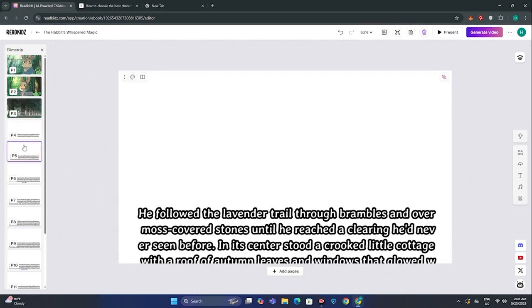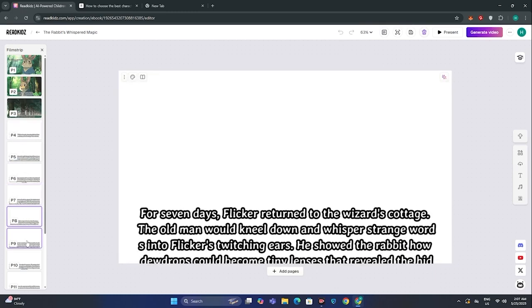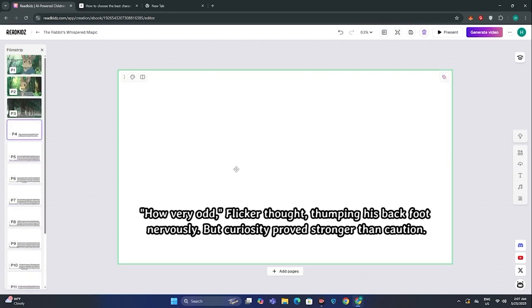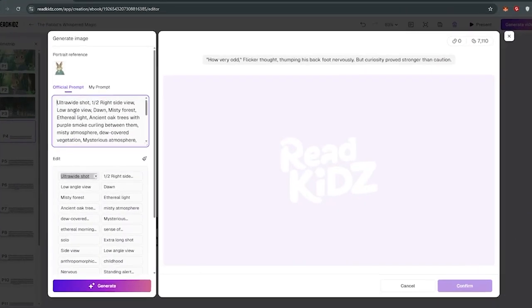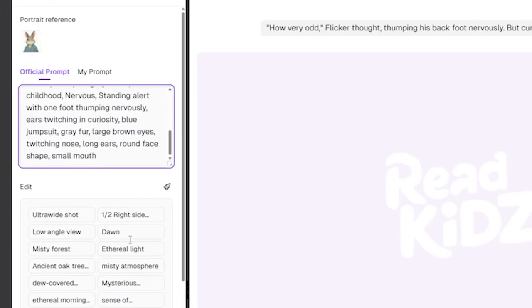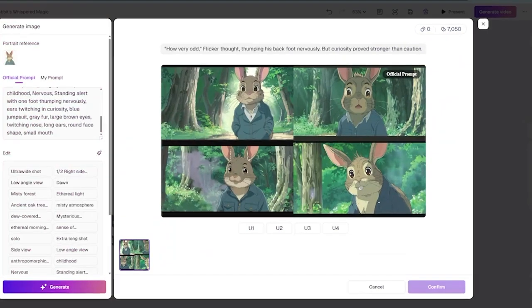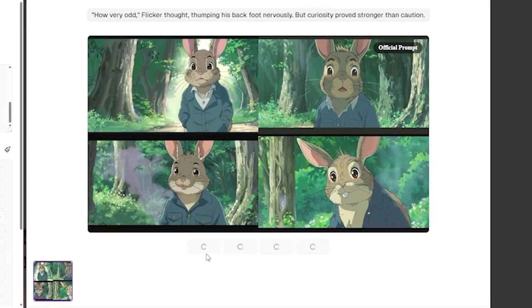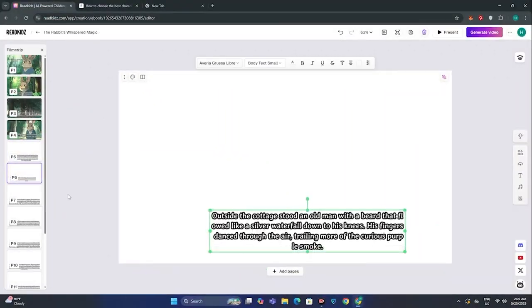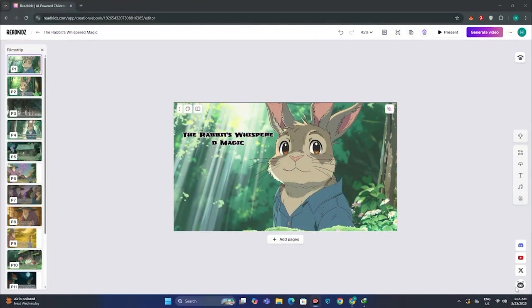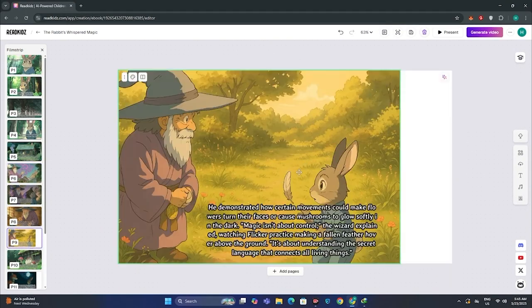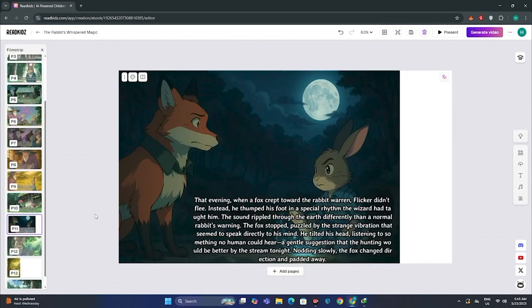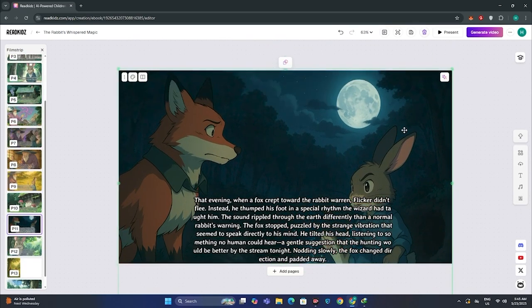So simply adjust the text. And for the remaining pages, you can see we have the text in all of these images, but we just need to generate an image. So let's hit this AI image, and you can see we have the prompt here. This is the default prompt. Simply hit generate, and there we have it. So in the same way, you can choose the images that you want, and you have to do this with every single page. And once you have all of these images, you have to check them manually and adjust them accordingly, because in few cases the size doesn't align perfectly. So check all of them manually.